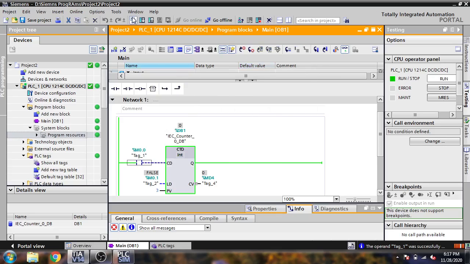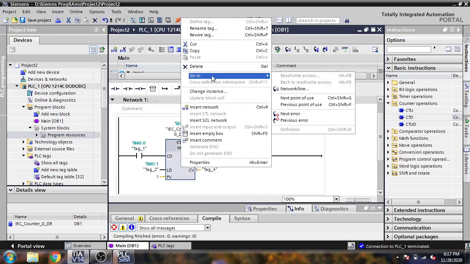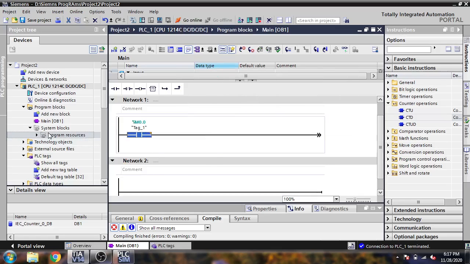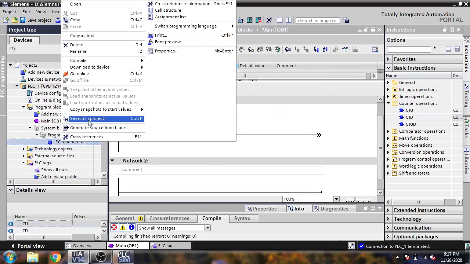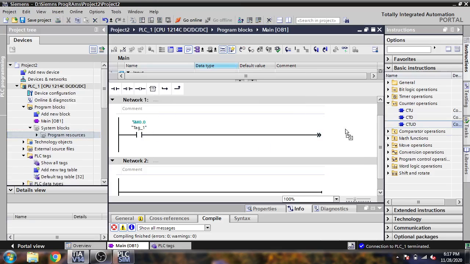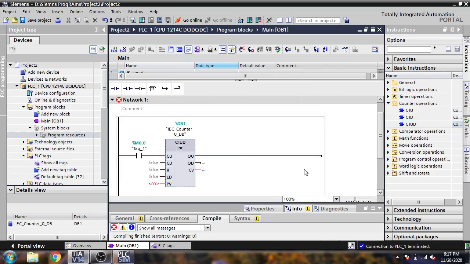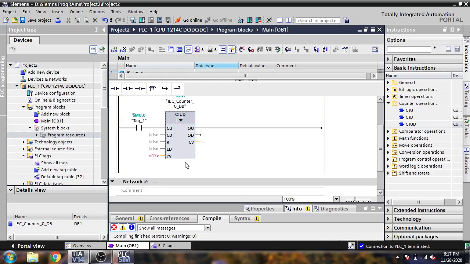So I'm just again compiling and going offline. I'm going to delete it, and I'm going to again delete our counter operation from our programming blocks. Now I'm going to use our countdown operation. You will see it also has CD, LD and R. Now I'm going to put, you will see, CD, PV is equal to 5,